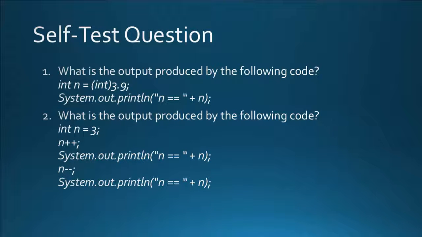All right, we've gotten to the self-test questions here. So let's go ahead and look at these. Number 1. What is the output produced by the following code? int n = (int) 3.9; System.out.println("n = " + n); What is the output produced by the following code? int n = 3; n++; System.out.println("n = " + n); n--; System.out.println("n = " + n);